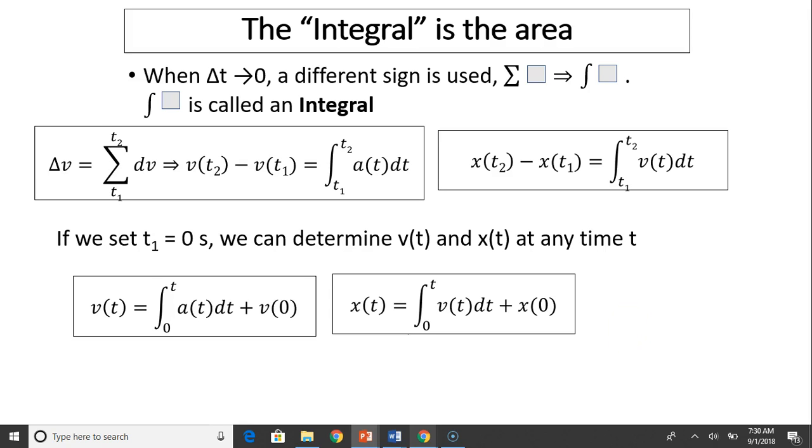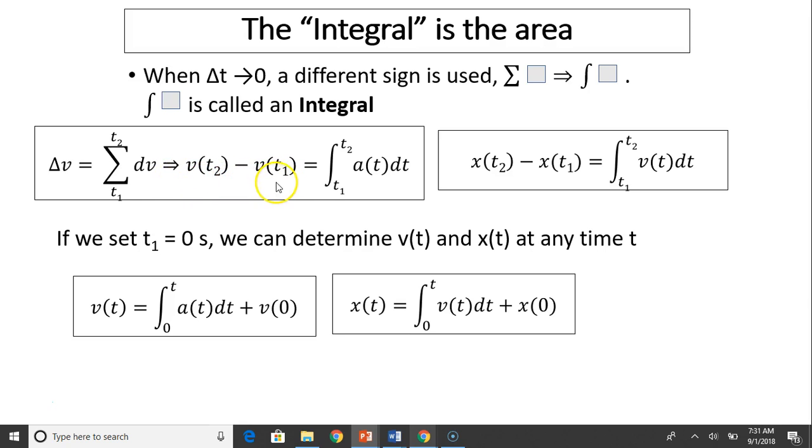When delta t approaches 0, a different sign is used. Instead of using sigma, we use the integral sign. This is like an s, representing sum. So this sign, like a stretched s, is called an integral. So now when delta t approaches 0,